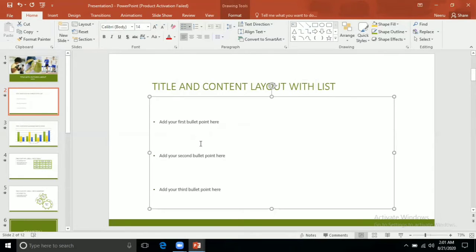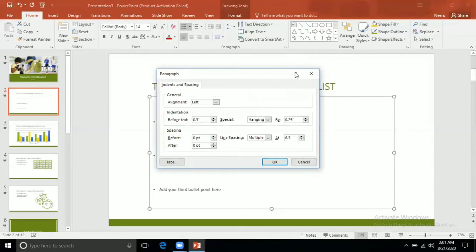Then you can see here, and you have seen the font size also decreased because the autofit feature of MS PowerPoint automatically changes the line spacing and font size of the text. For example, I will give many points here in this one.